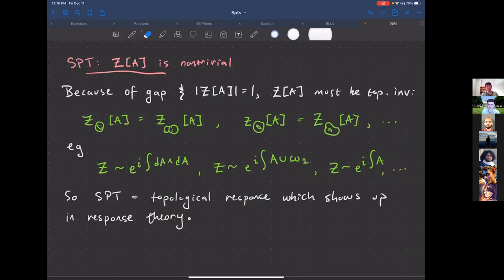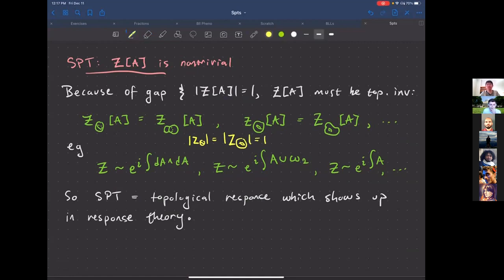And likewise, the partition function on this torus is going to be the same as on this more ugly torus, right? Now, remember I said that the ground state degeneracy does not depend on the manifold that we're going to put it on. And so the magnitude of Z on a sphere is going to be equal to the magnitude, which is counting the ground state degeneracy, right? The magnitude of Z on a torus is going to be equal to 1, but